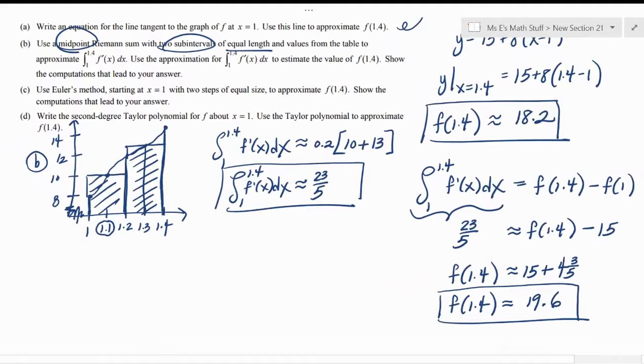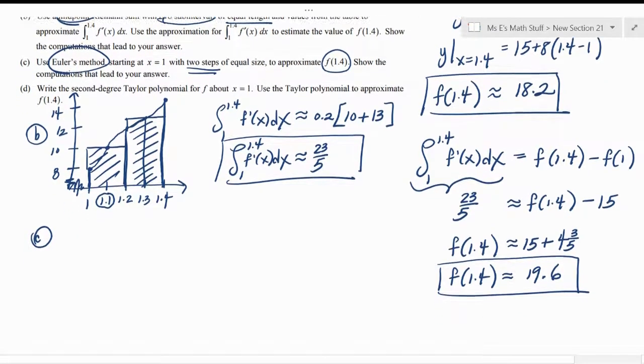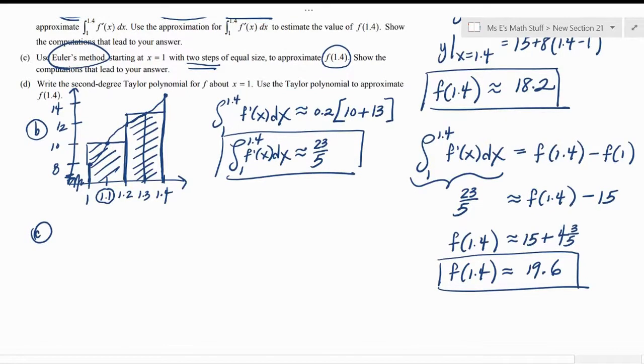Moving on to part C. Part C says to use Euler's method starting at x equals 1 with 2 steps of equal size to approximate f of 1.4 and show the computations that lead to your answer. So getting started, they want us to start at x equals 1. So round 1